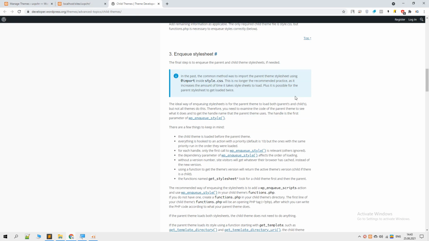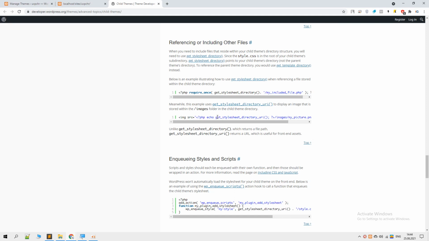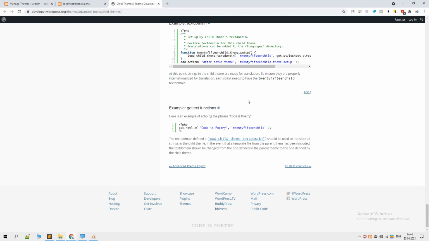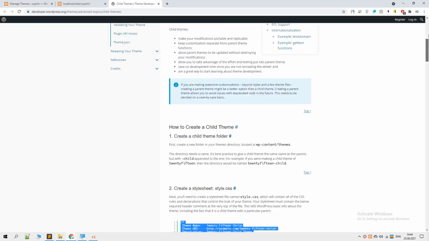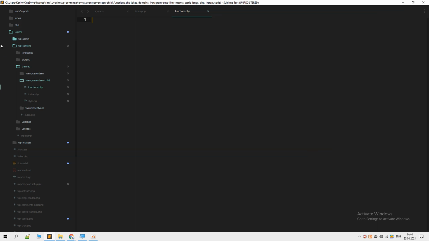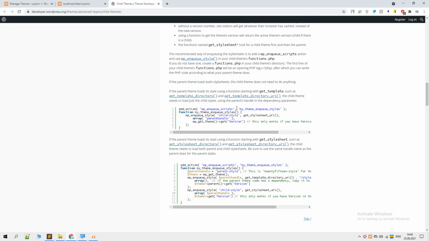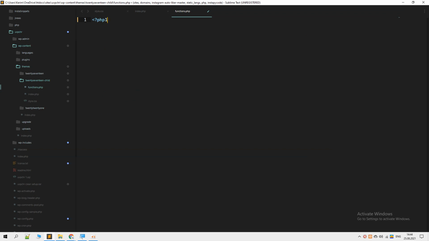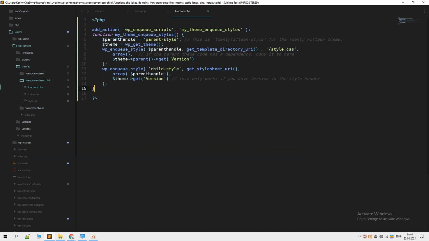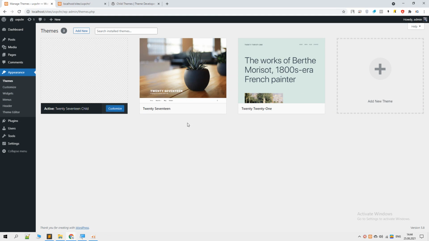Let's go to this page right now and copy all of the scripts that are related to the parent theme. So what we want basically is to copy everything from the parent theme, and everything custom defined will be in the child theme. So let's open the PHP tags right now, just like so, and now let's check. Let's update this,